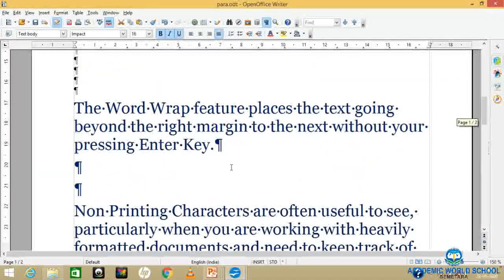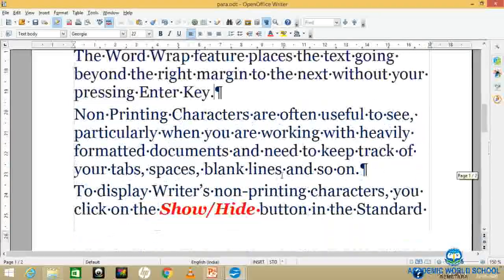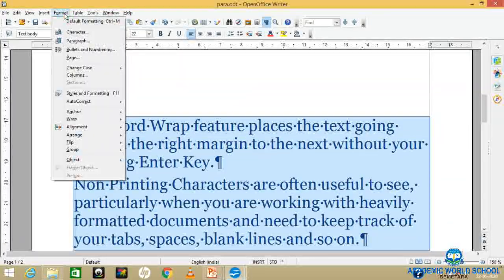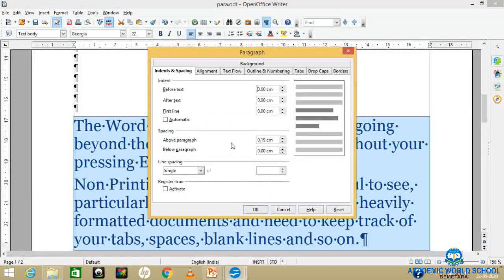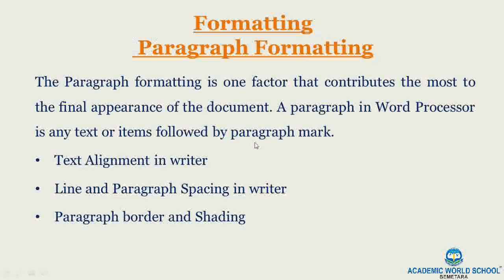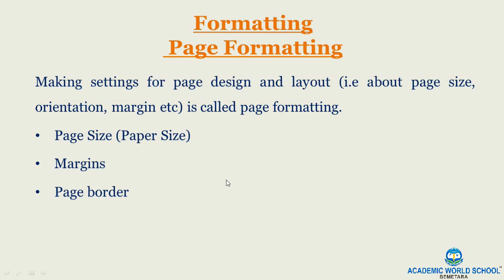Now line spacing I have told you, and paragraph spacing, paragraph border and shading. In the same dialog box, from here it is given border. Select border, which border you want, left side, right side, all sides, and then click on this line, and here you can maintain the position of it, the shadow style, and click on OK. So this particular paragraph will be in the border. So this is what paragraph border is.